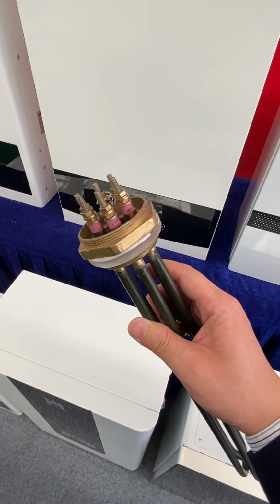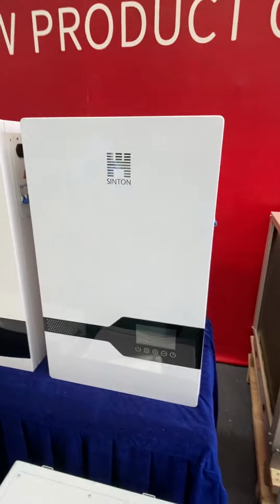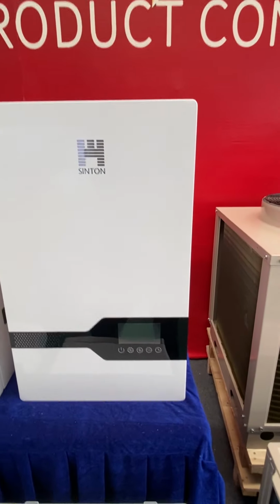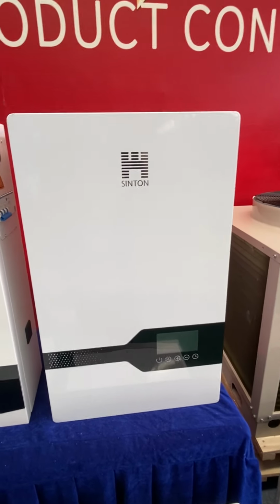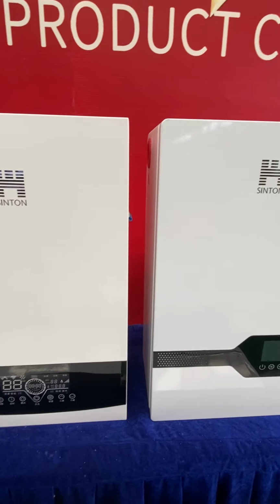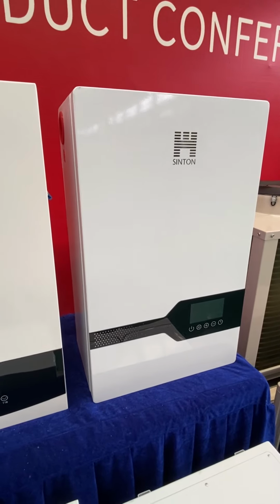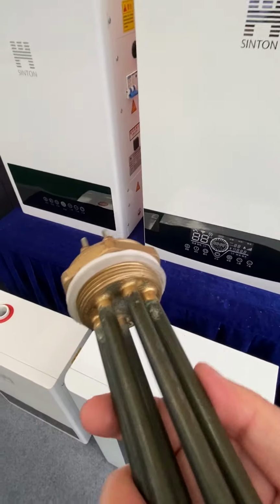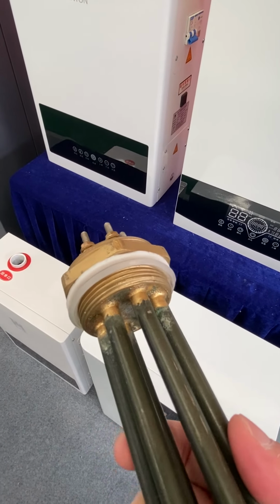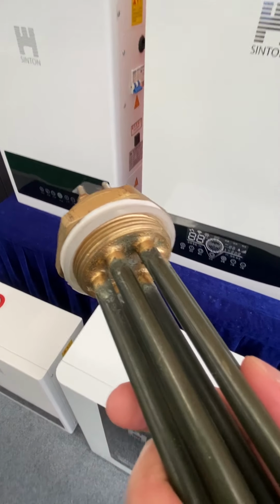All right, now let's take a look at the detail of the Incoloy 800 tube. Look at the surface of it. It has a layer of this nanometer coating, which is anti-scale. Look again at the detail of its joint. The joints are welded with copper, because if it's not copper, it's not going to weld with